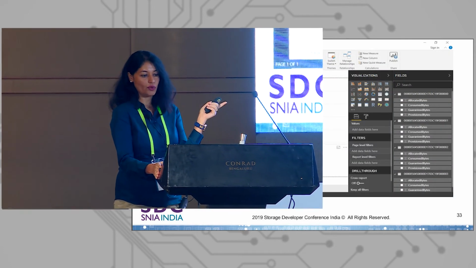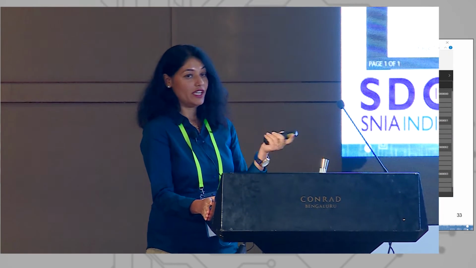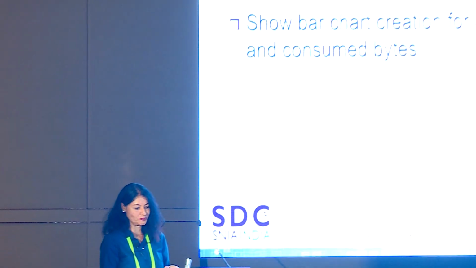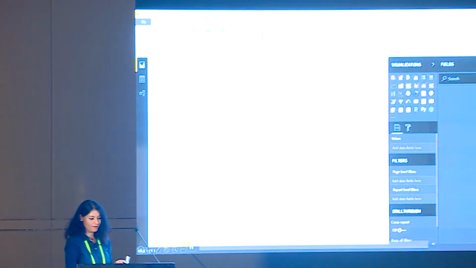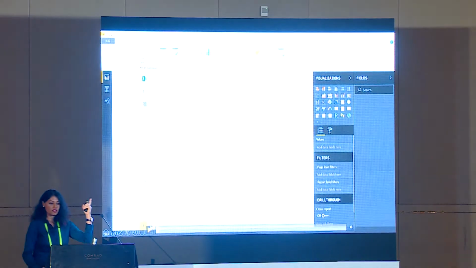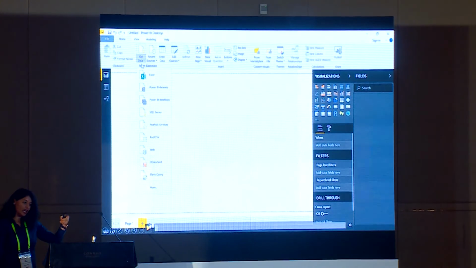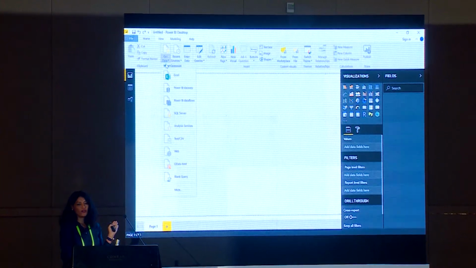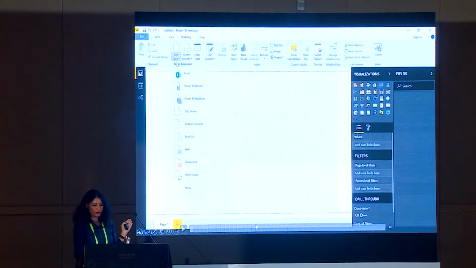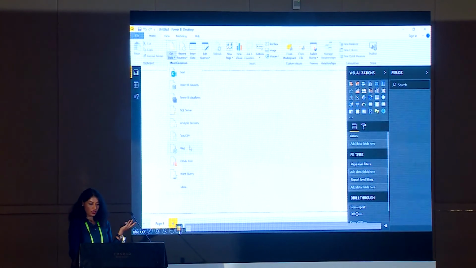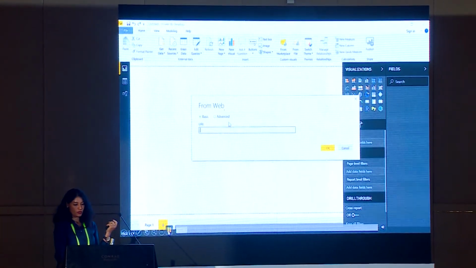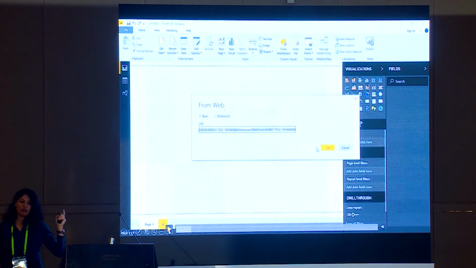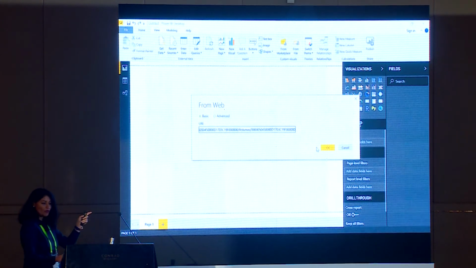This is how my chart would look. We can go ahead and see this demo, how this bar chart came about. Here is how Power BI Desktop looks. I go ahead and add from web. There is no further integration required. You just give the URL of your root, or whatever volume resource or storage pool resource. Here you see this is the volume resource. It's a unique identification for this volume. I go ahead and